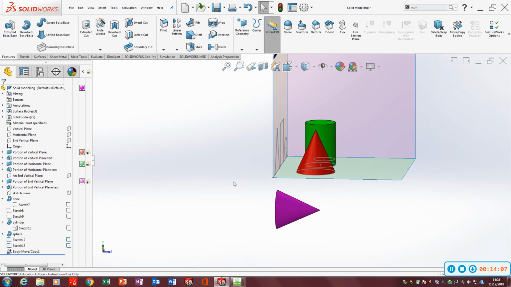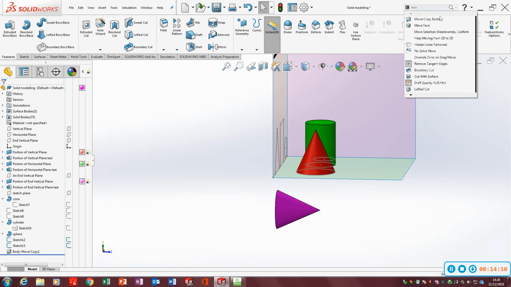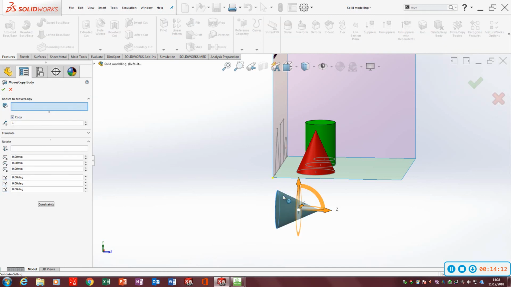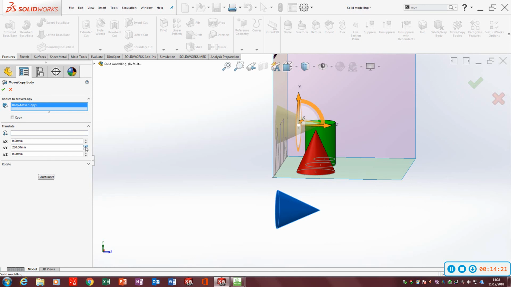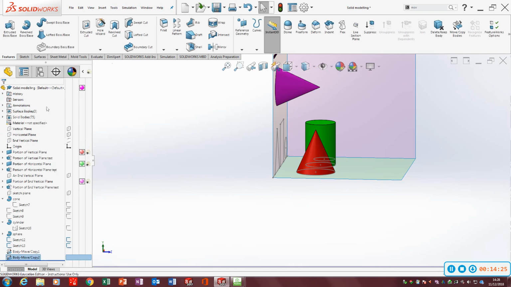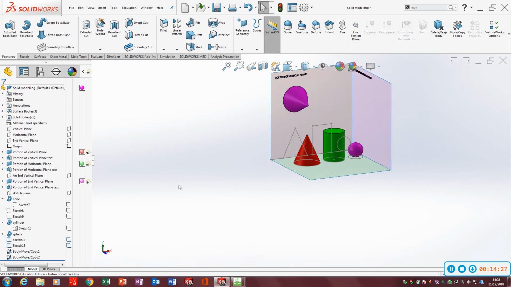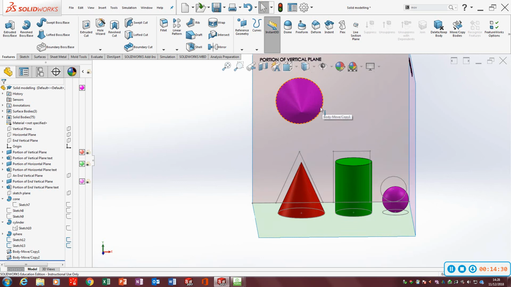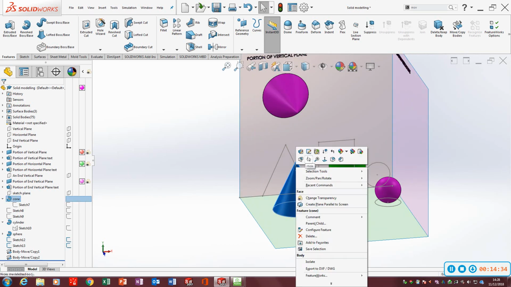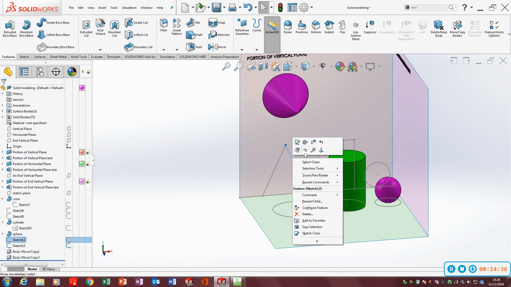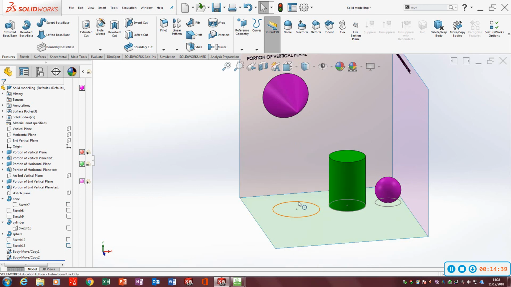Right, now I'm going to use that command again. Bodies to move, this one. Untick copy. I'm going to go to translate, and along the y-axis I'm going to drag it up here. Now there we have a different colour. So this time what I'm going to do is I'm going to right click, hide this body, and I'm going to right click, hide those sketches too, and show you how it